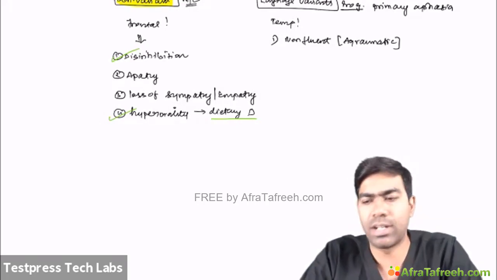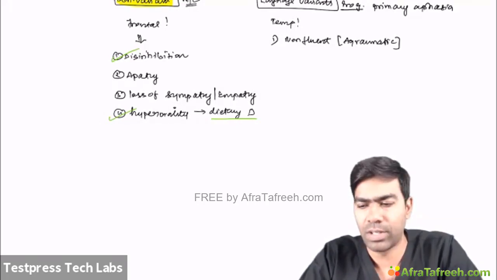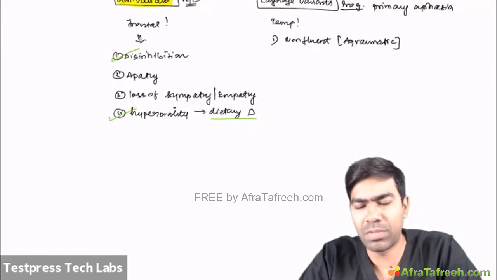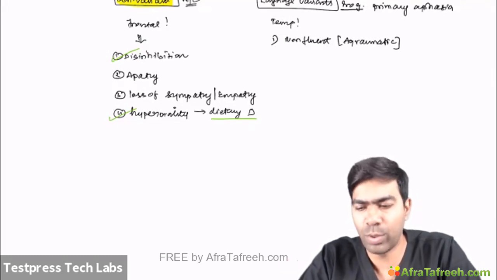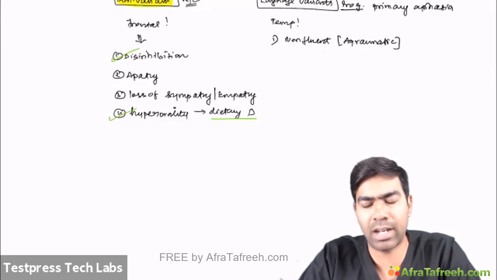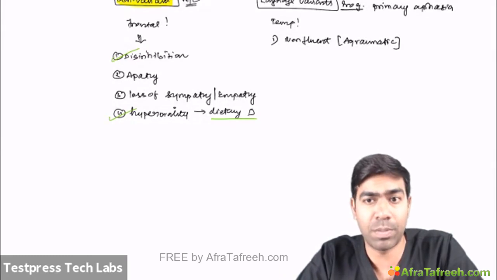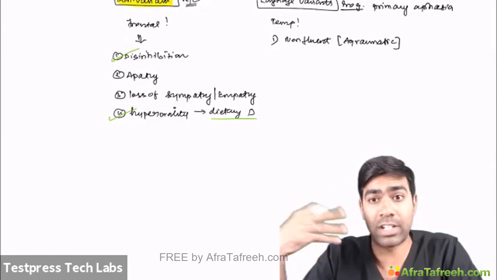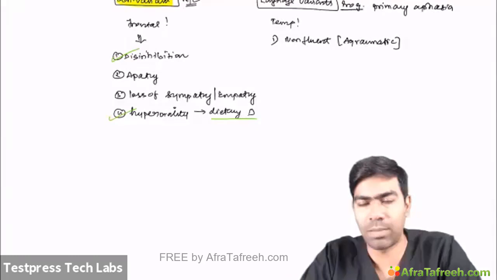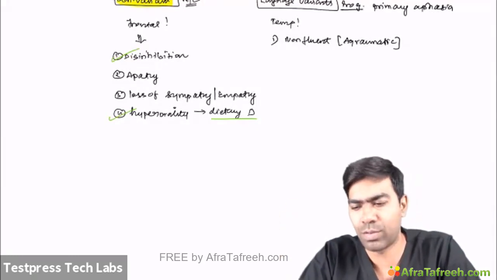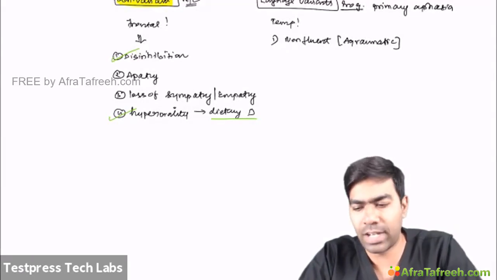Here it will predominantly mimic a Broca kind of picture, where they'll have problems in speech output. The fluency will be lost, and of course they will have naming issues. Anomia will be there, and they might have word finding difficulties. When they want to tell something, they'll not be able to tell. So they will search for that word, what word should come at that point, and they cannot get that word properly. Word finding difficulties, we all get in viva voce, isn't it? So this kind of word finding difficulty is very common in the setting of a non-fluent aphasia.